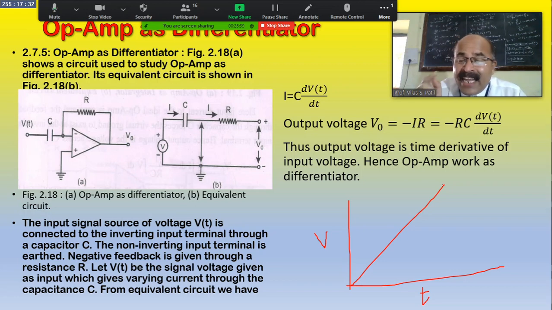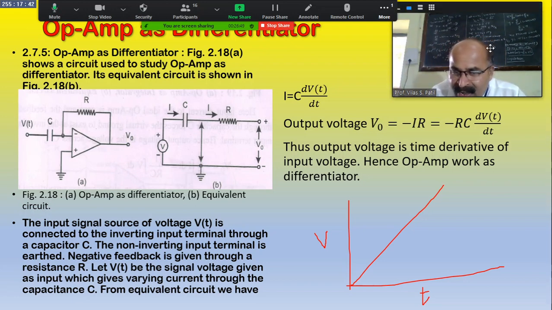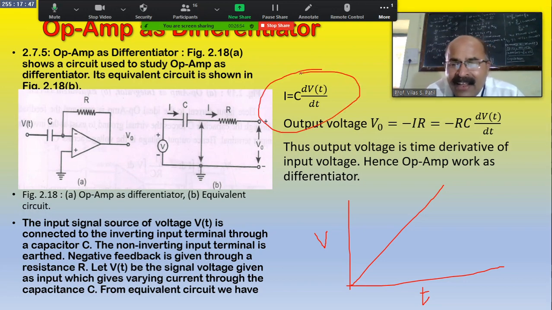म्हणजे इथं काय होते बघा I is equal to C into dV(t)/dt, V म्हणजे voltage at a time instant t त्याचं डेरिव्हेटिव्ह विथ रिस्पेक्ट टू टाइम dt. त्यामुळे इथं जरा बारकाईनं बघा मित्रांनो मी I कॅल्क्युलेट केलेला आहे, I is equal to C into dV(t) divided by dt. आउटपुट व्होल्टेज काय असेल रे? V is equal to गोल्डन रूल वापरा V is equal to IR. पण इथं कोणता फीडबॅक आहे? निगेटिव्ह फीडबॅक आहे. निगेटिव्ह फीडबॅक म्हणजे व्होल्टेजचं साइन काय येणार आहे? मायनस येणार, म्हणजे V is equal to मायनस IR येणार